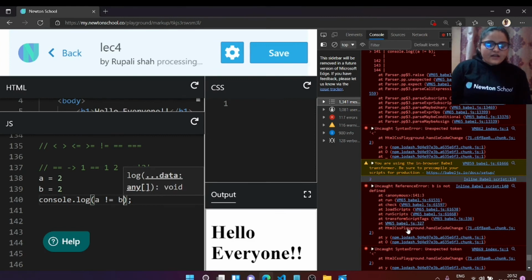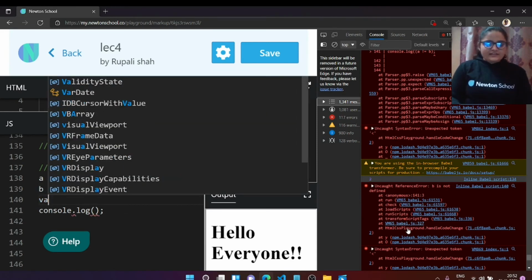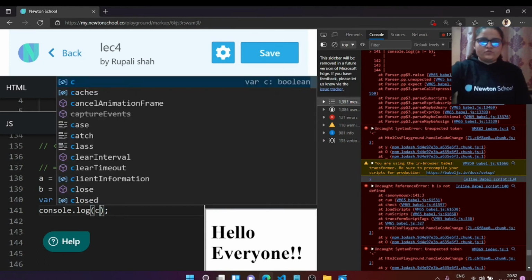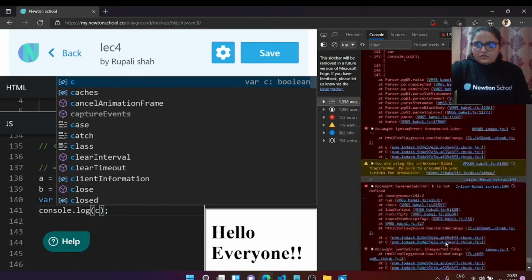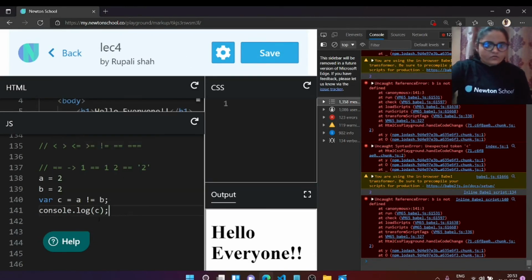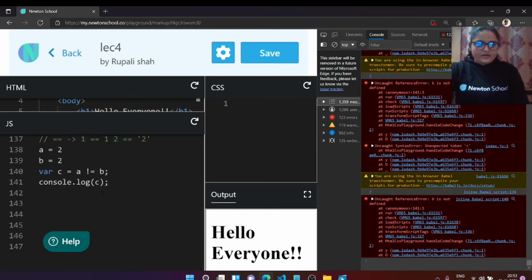Now this particular thing might be coming because of the compiler or something. Let's just create a variable, and this variable might be c, and let's store this operation over here, and let's just print it over here. Still we are getting an error.